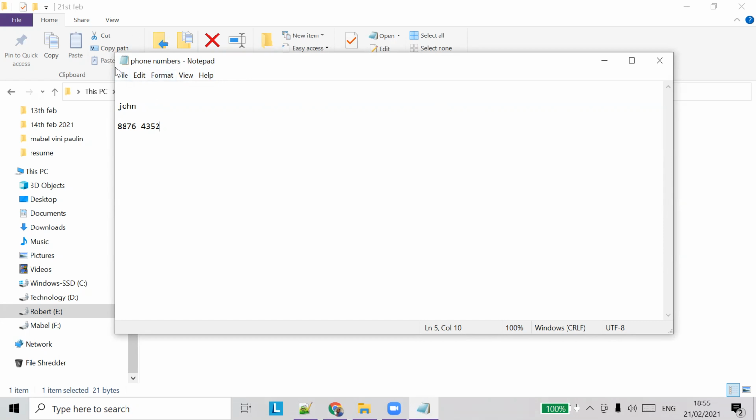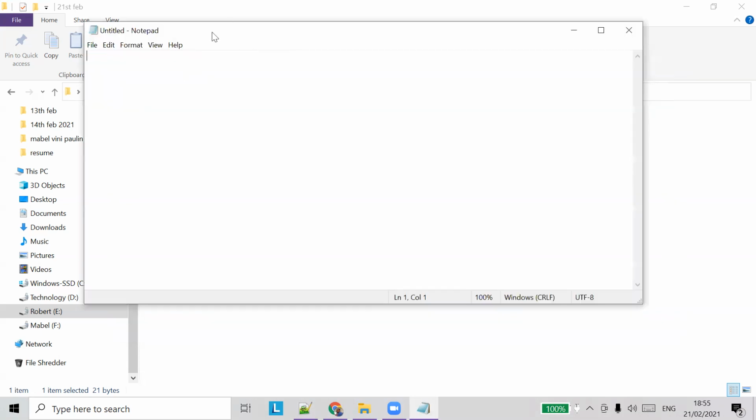Okay. So if you see here, right? If you want to open a new window, this is a notepad, and it's used to save some data, right? So if you want to open a new notepad and you don't want to use the same notepad, right? So file, click new. So you will have another notepad file opened.